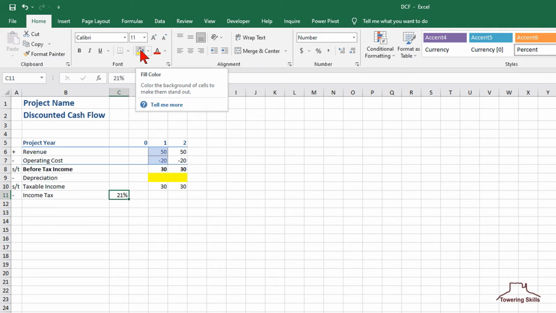(21% is the U.S. federal income tax rate as of early 2021. But this should be whatever is your overall income tax rate, which could include federal, state, and local income taxes), and we'll format the cell as a percentage style with 3 significant digits. We'll also format cell C11 as an input style.